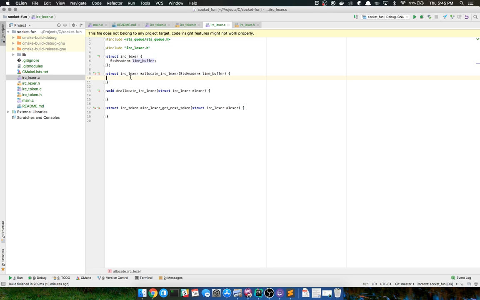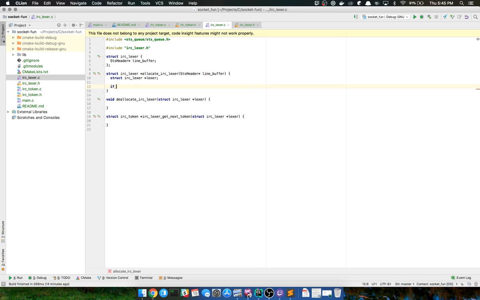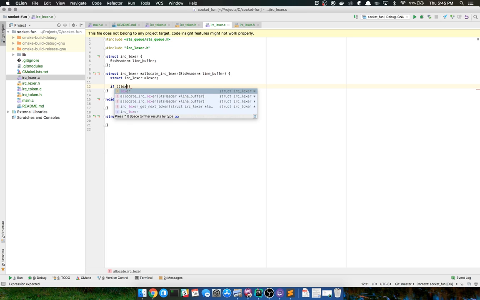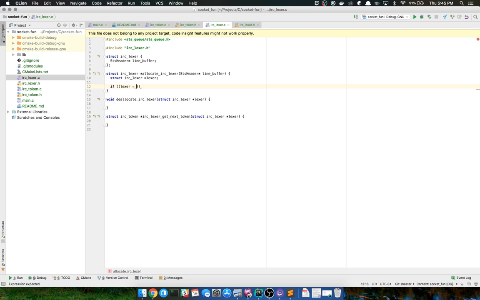Cool. So we're just going to have struct IRC Lexer pointer. We're just going to call it Lexer. If Lexer equals struct IRC Lexer pointer, we're going to do our malloc, size of struct IRC Lexer, not equal to null.